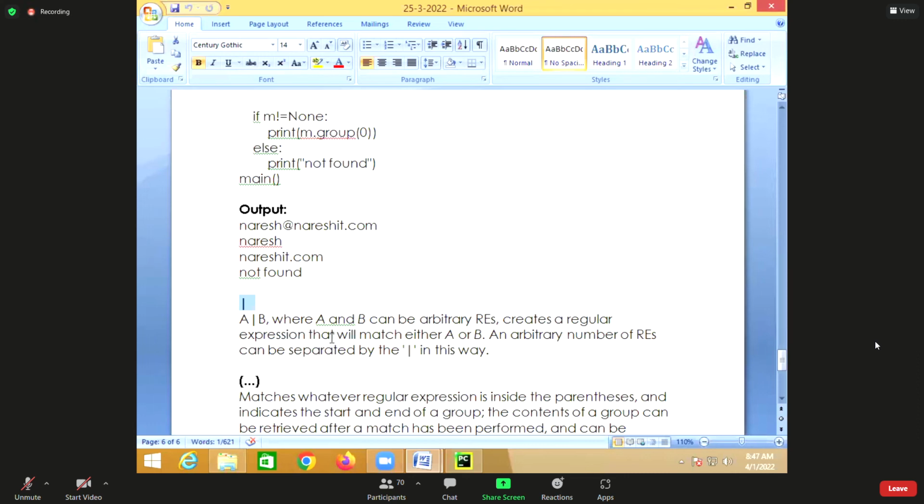If you want to write multiple patterns, you write them separated with what? OR. So I want this pattern or this pattern, A or B.